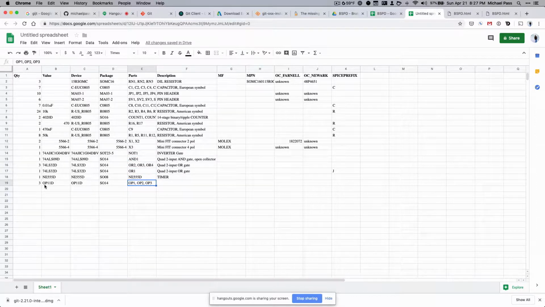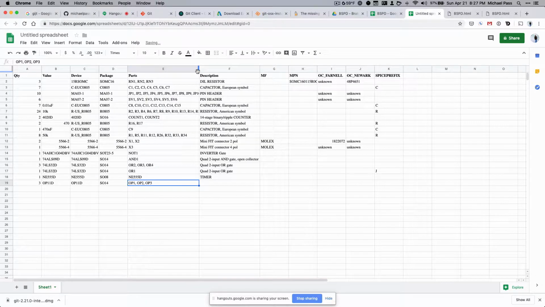Looks like it did it correctly here. This is a quad op amp, and it has all 3 on one line. But yeah, we'll just need to make sure with quad parts that this might have to, like if we have